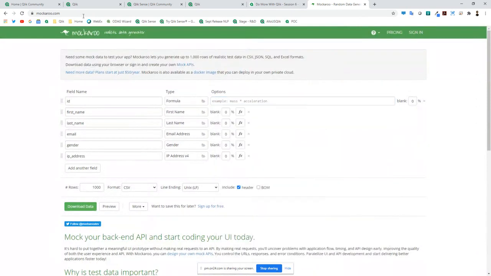So just this example one, I'm going to paste it into the Q&A as a question and send it to all. It's called Mockaroo. And this is a great place to